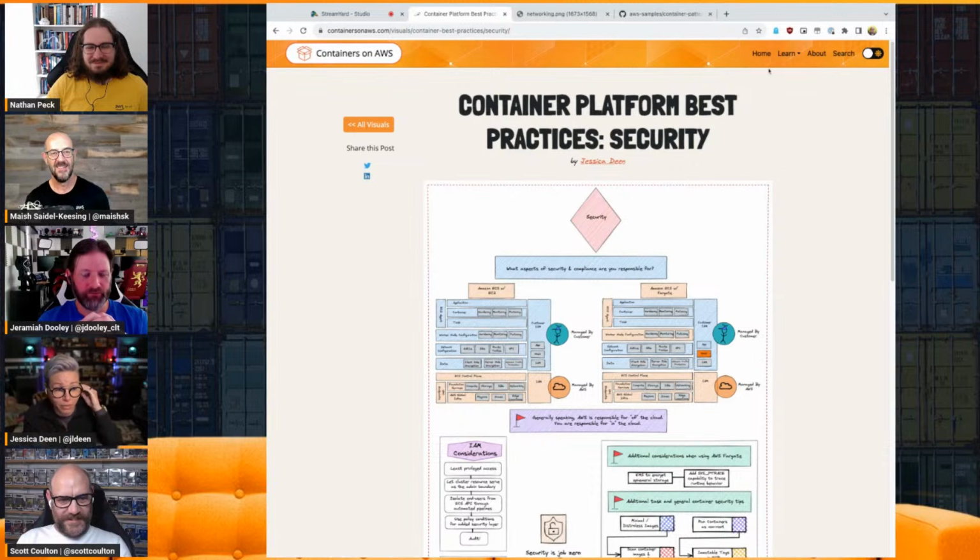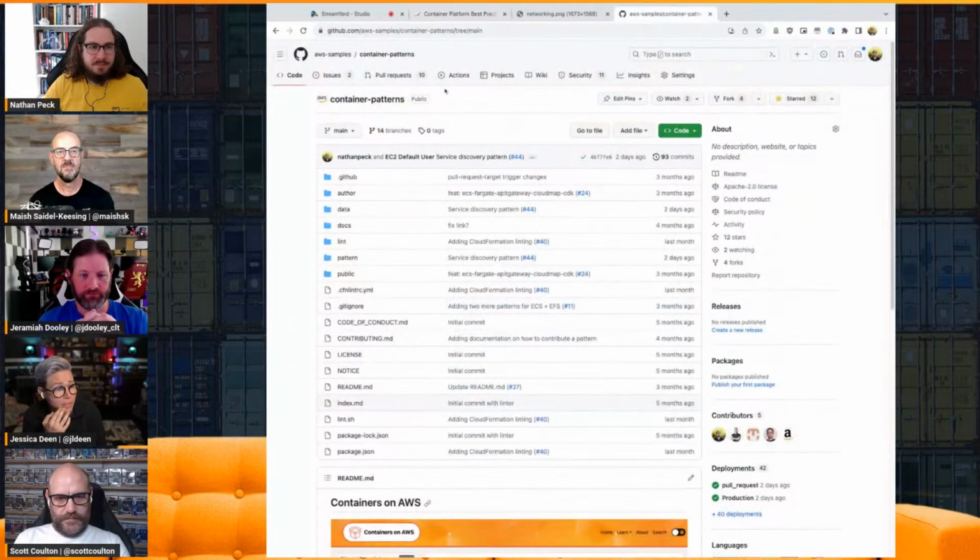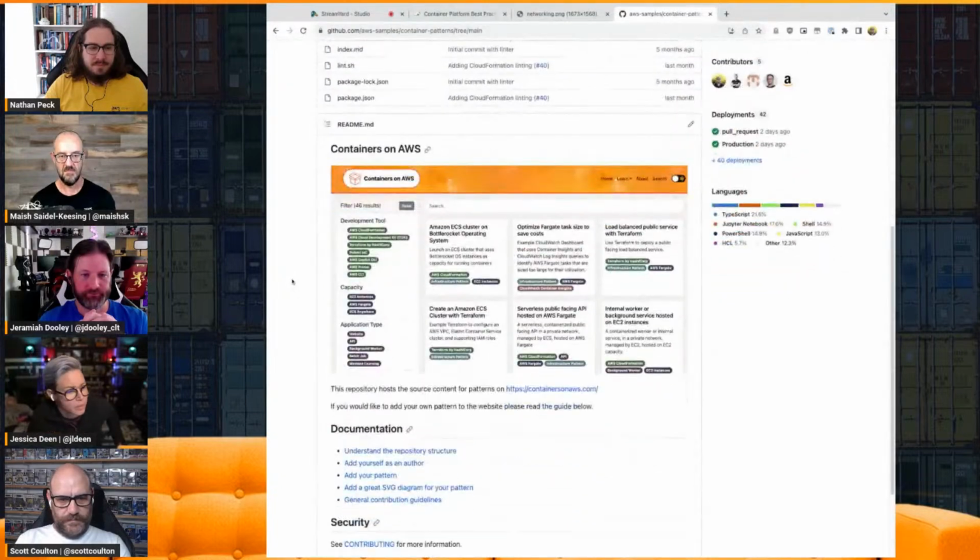That is done right through GitHub. And again, I think we can make sure that, Nathan, we can share that link for where they can go if they do have a pattern suggestion. Yes. And as far as a visual suggestion, I believe it's done as part of opening an issue. And I think when you go to open an issue, you're asked what kind of issue you want to create.